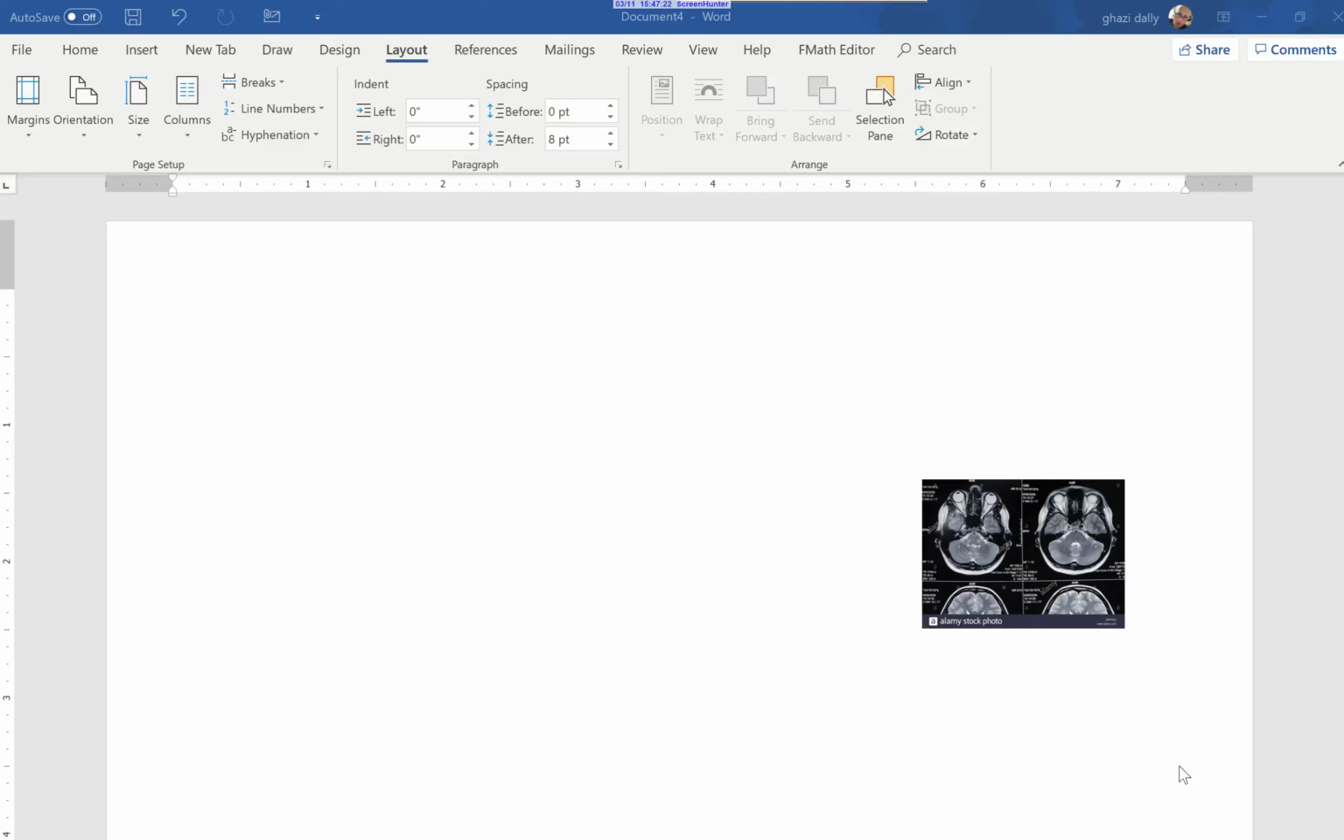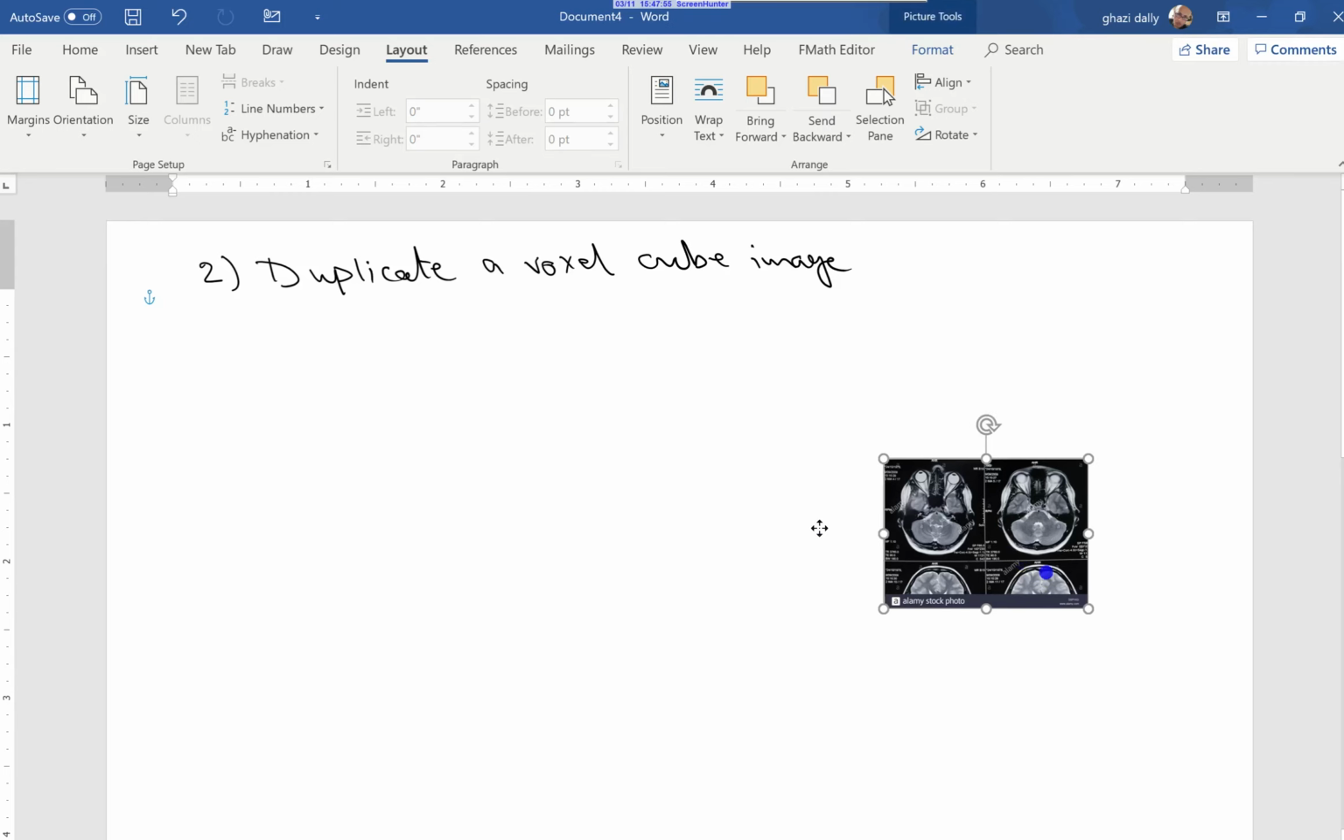Hello, in the second part, we are going to see number 2, how to duplicate a voxel image, or a voxel cube image, using a CT scan. For this reason, we have an example here